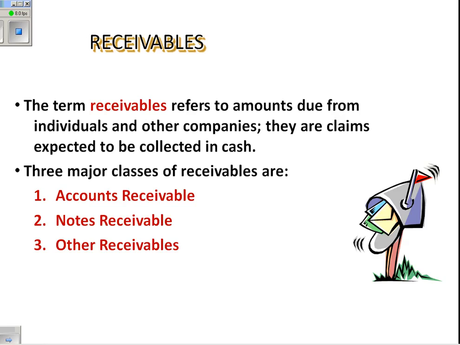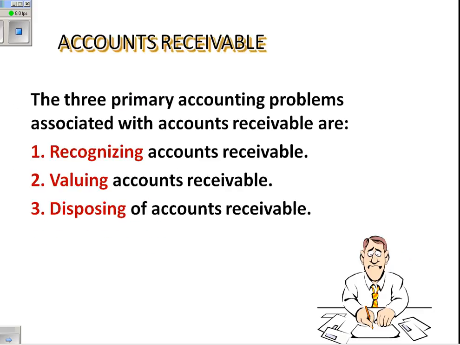The term receivables refers to amounts due from individuals and other companies. They are claims expected to be collected in cash. The three major classes of receivables are accounts receivable, notes receivable, and other receivables. There are three primary accounting problems associated with accounts receivable. You need to know how to recognize accounts receivable, how to value them, and how to dispose of them if